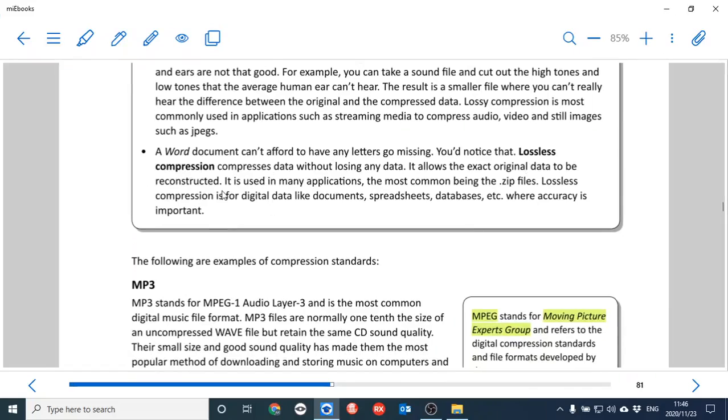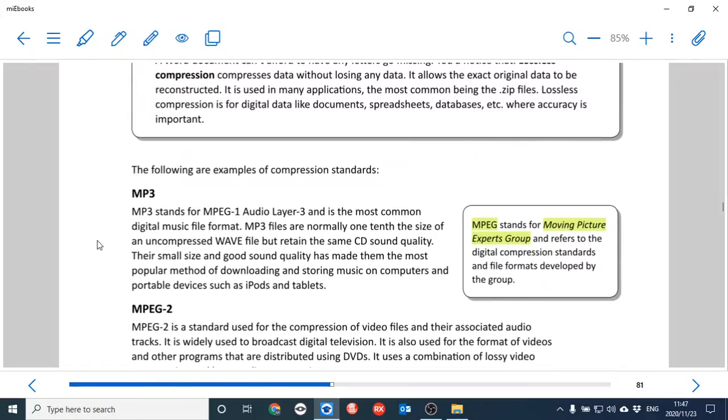Let's move to lossless compression. This is compressing the data without losing any of it. Now, there are certain cases where we cannot afford to lose anything. For example, documents or emails or spreadsheets or databases or pictures. If we lose some of the data in there, we're going to have sentences with missing words. We're going to have pictures with black spots in them because that part of the picture was simply lost. And who wants to compress a file if it's going to completely destroy it, right? So different scenarios call for different types of compression.